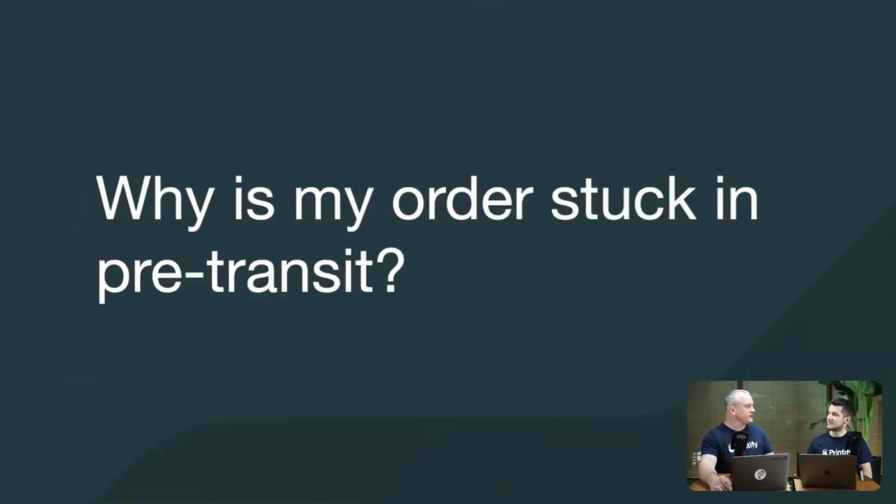Okay, here's another question. Why is my order stuck in pre-transit? Yeah, so generally merchants think that it's a bad thing, but actually it's not a bad thing. So if the order is stuck in pre-transit for, let's say, 2 to 3 days, it can mean that the order was actually expedited through the USPS network. And what I mean by that is that the order was initially skipped in the initial sorting hub and actually expedited to the destination of the